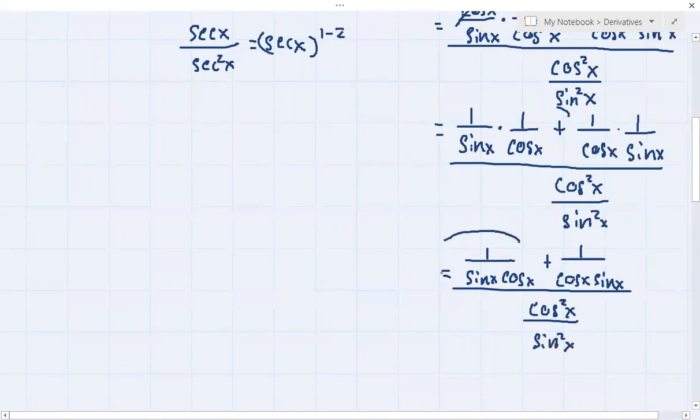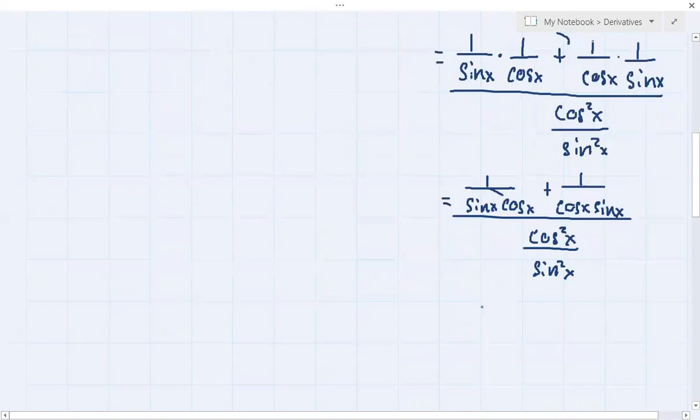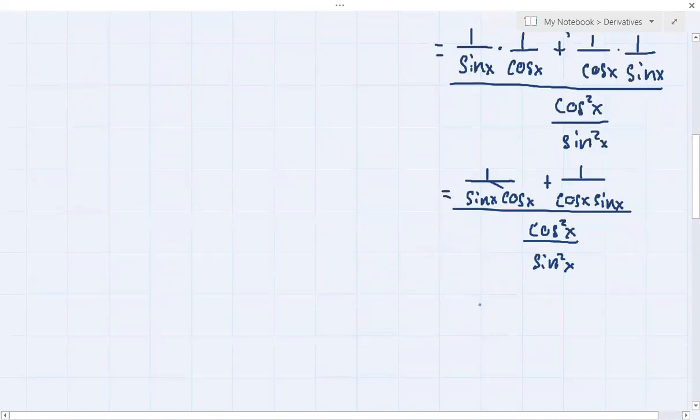As you can see, these are similar fractions. Kahit na magkaibang positioning nilang dalawa, kasi di ba sa first term, sin x, cosine x. Pero sa second term, we have cosine x, sin x. Magkaiba sila ng positioning. So, it's still the same. Okay? Similar pa rin sila ng denominator. Magkaparehas lang sila, despite magkaibang positioning nila. So, we can add them together. So, 1 all over sin x cosine x plus 1 all over cosine x sin x will give you 2